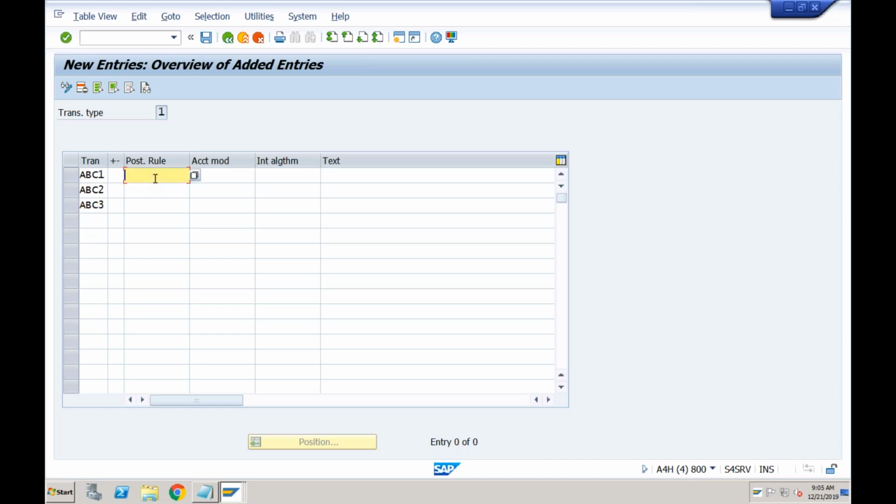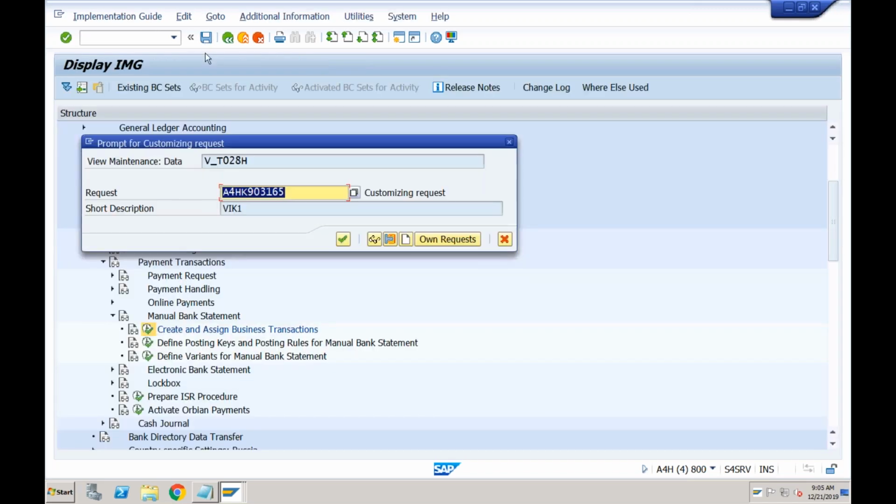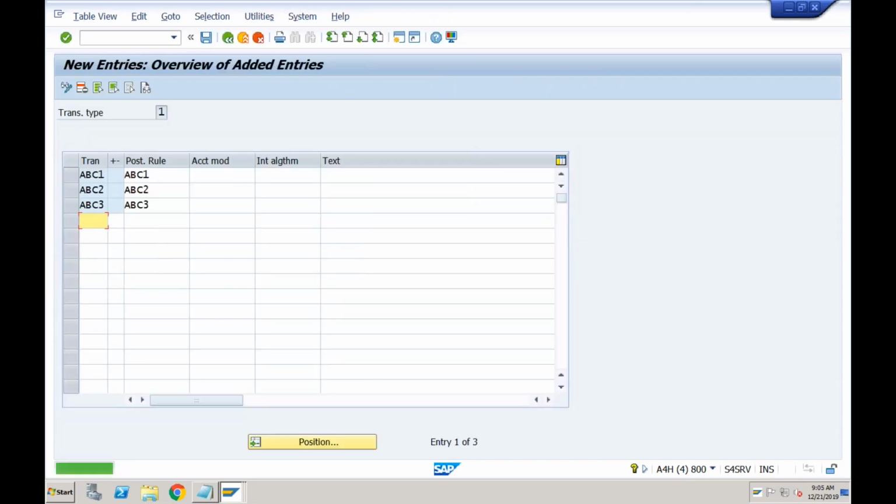Okay, and posting rule again would be same. So ABC1 is assigned to ABC1, ABC2 is assigned to ABC2, and ABC3 is assigned to ABC3. Just save it. Okay. Now our configuration is done.